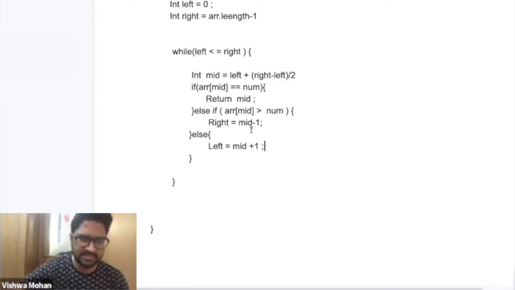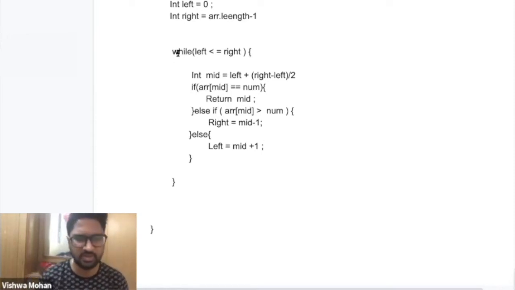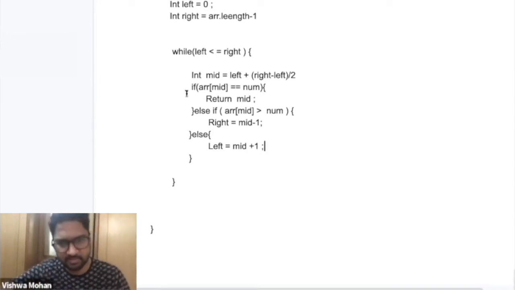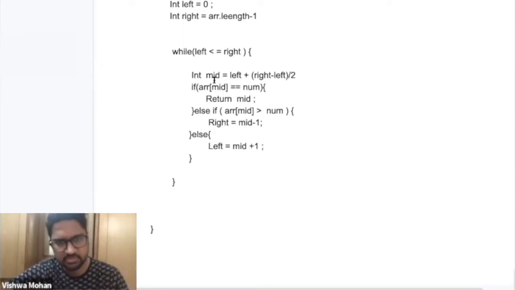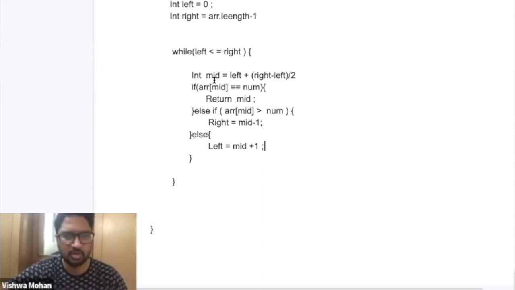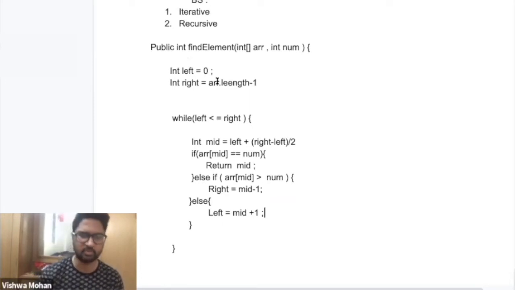So you can see that, whenever I'm running this loop, if I have to find the time complexity of this loop, I have to figure out how many times this loop is running. Since every time the size of this whole array is reduced by half, either I'm checking the first half of the array or the second half, every time it is getting reduced by half. So that is why the time complexity is log of n. That is why when you do a search in a sorted array using binary search, you get the time complexity as log of n.